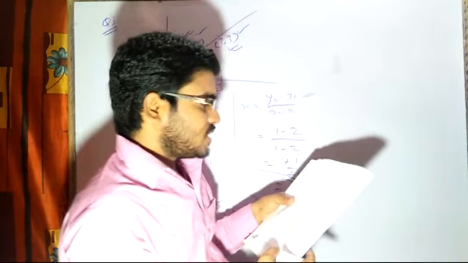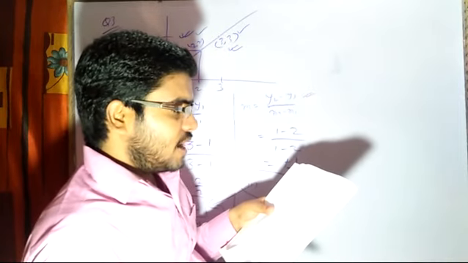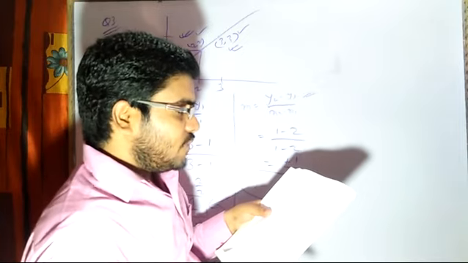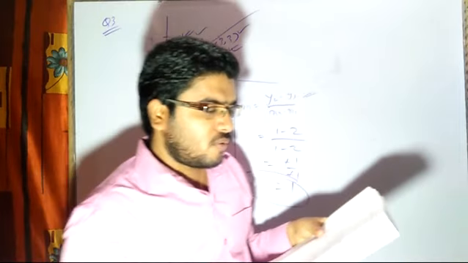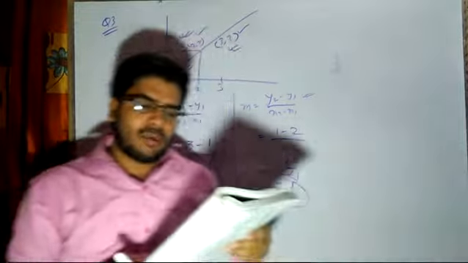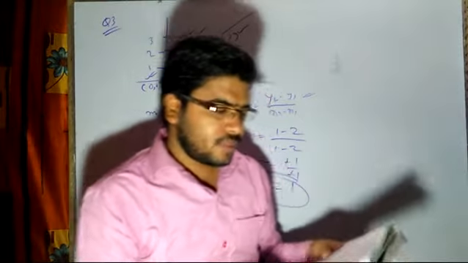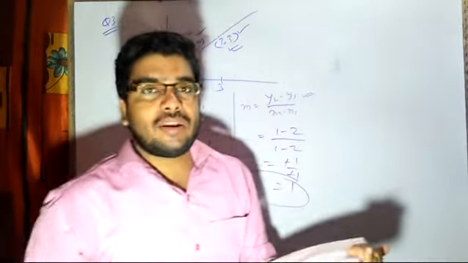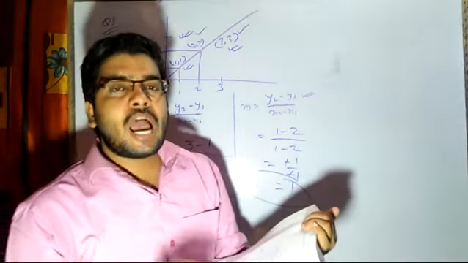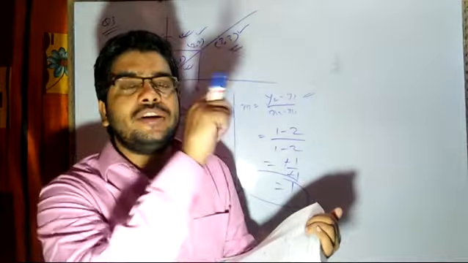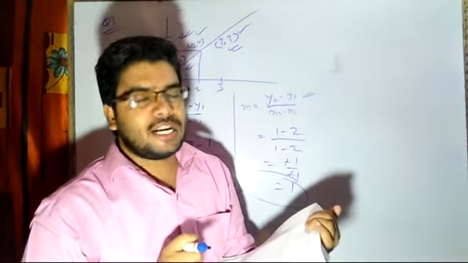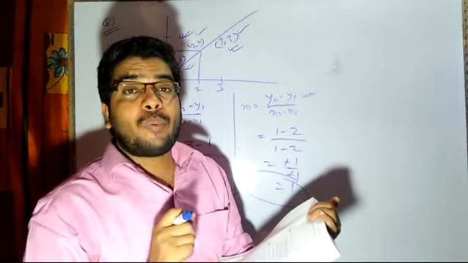Now question number 4 says the equation of the line is 3x plus y minus 6 equal to 0. Now answer the following. Which of the points (2, 0), (0, 3), (1, 3) and (3, minus 1) are on the line? If we have to check whether any of those points is lying on that line or not, what do we have to do? We have to just substitute those points in that equation. And if my left hand side is equal to right hand side, then we can say that the point lies on that line.